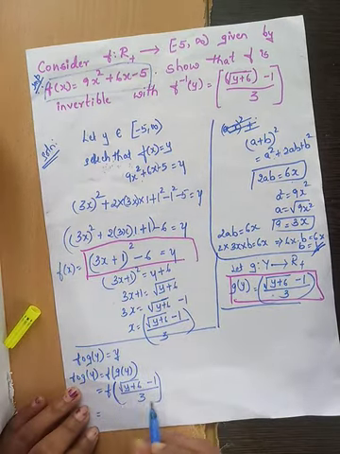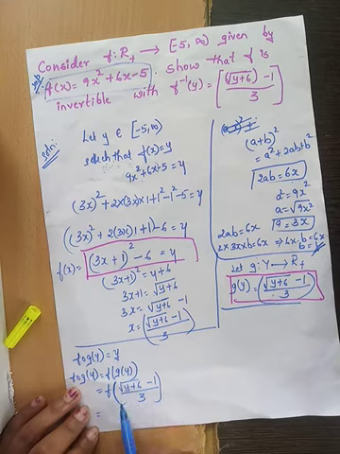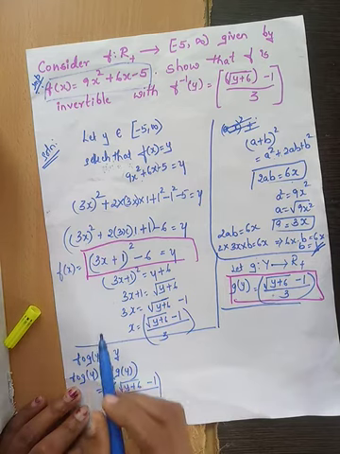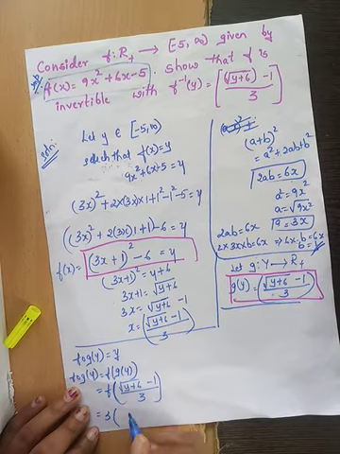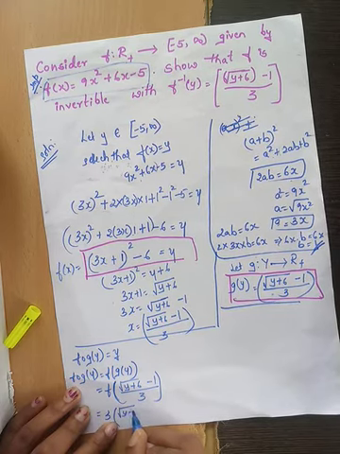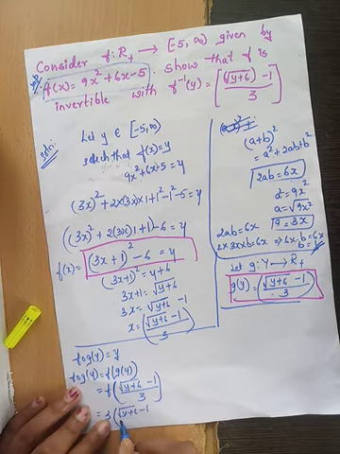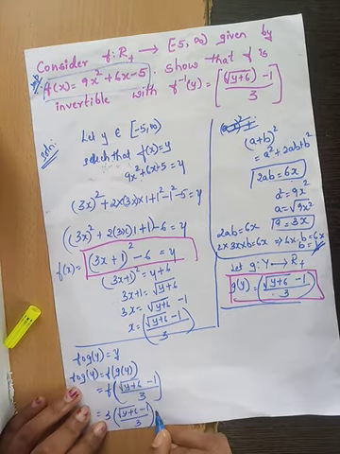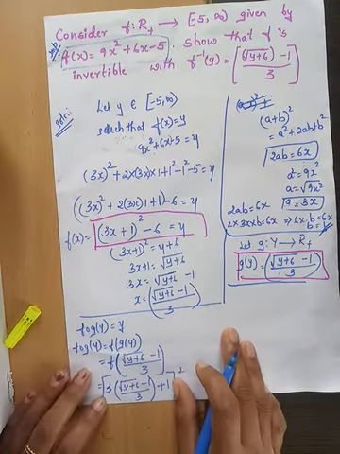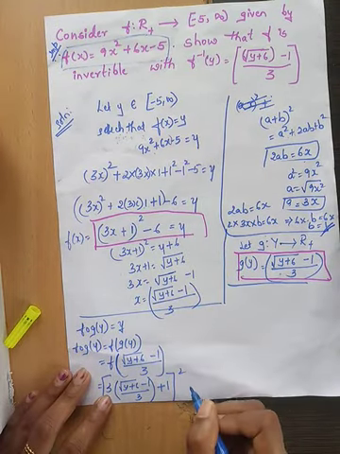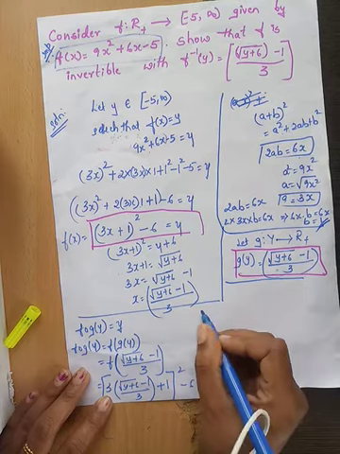So in place of x I have to put (square root of y plus 6 minus 1) divided by 3. So that becomes 3 into, in place of x I have to substitute this term, (square root of y plus 6 minus 1) divided by 3, 3x plus 1 whole square, correct, and then what we have, minus 6.